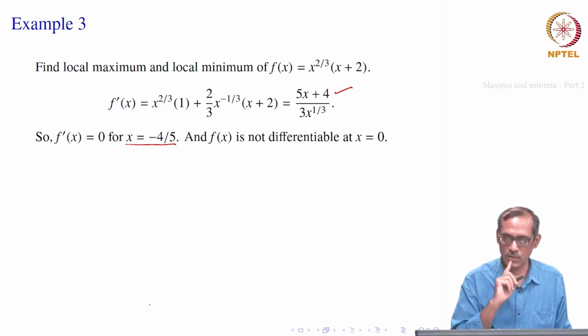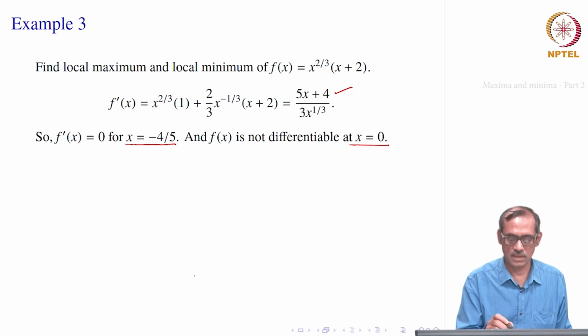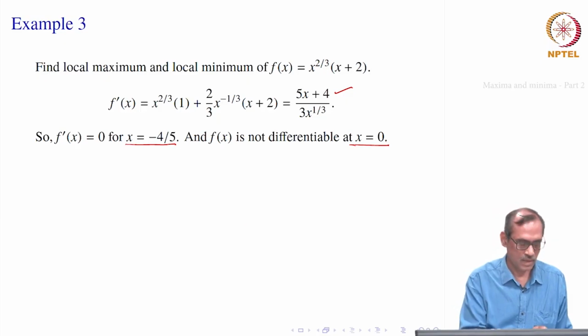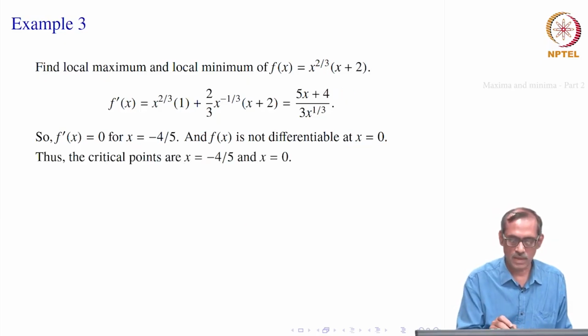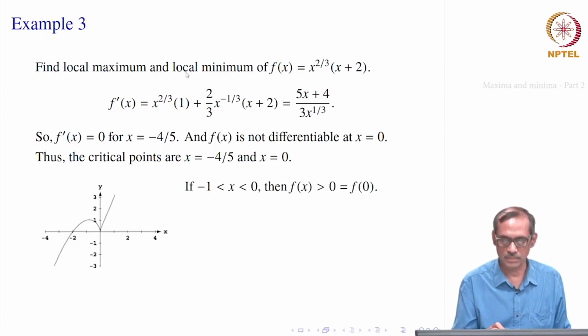And what about where else there can be critical points? The points wherever it is not differentiable. So, x to the minus 1 by 3 coming, that should signal. We will find that it is not differentiable at x equal to 0. Now, we have two critical points, right. One is where it is differentiable and the derivative is 0, another where it is not differentiable. So, out of these 2 points, we should decide about the maximum and minimum.